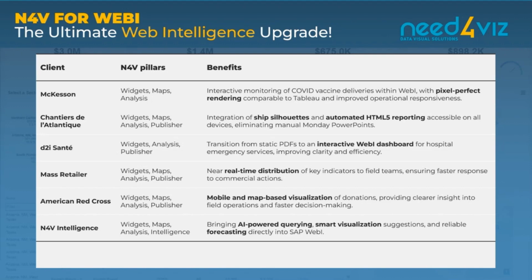accessible on all devices. At D2I Healthcare, the transition from a static PDF document to an interactive web intelligence dashboard changed the management of hospital emergencies. For a major retail player, N4V enabled near real-time distribution of performance indicators for unmatched commercial responsiveness. Together with the American Red Cross, the addition of the mapping dimension provided an immediate on-the-ground view of donation collection